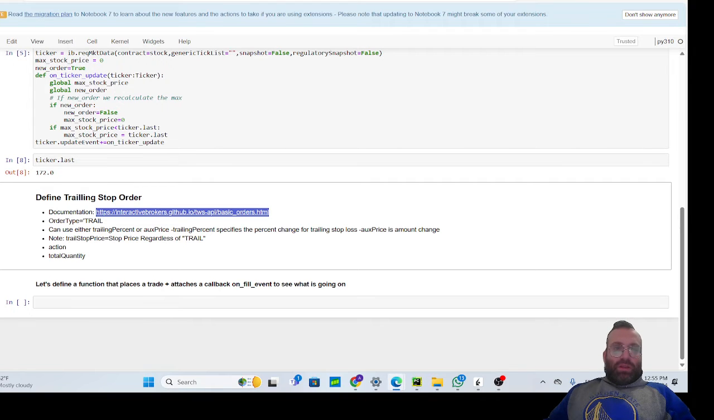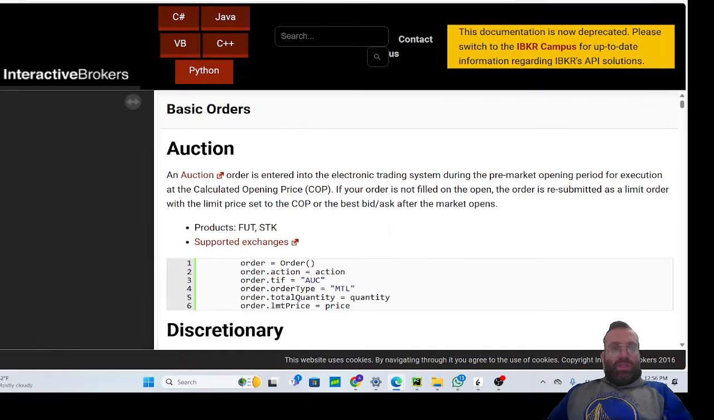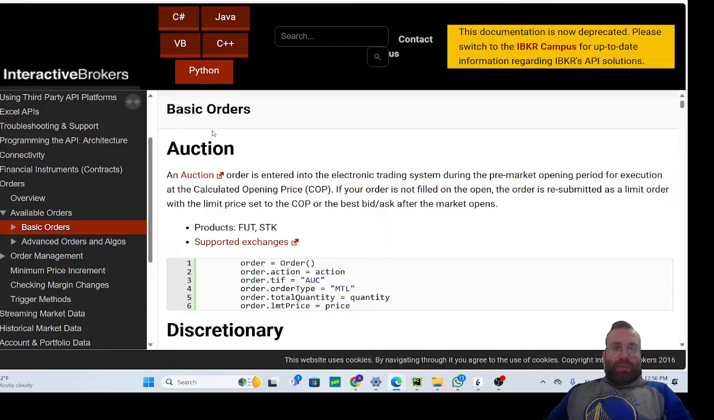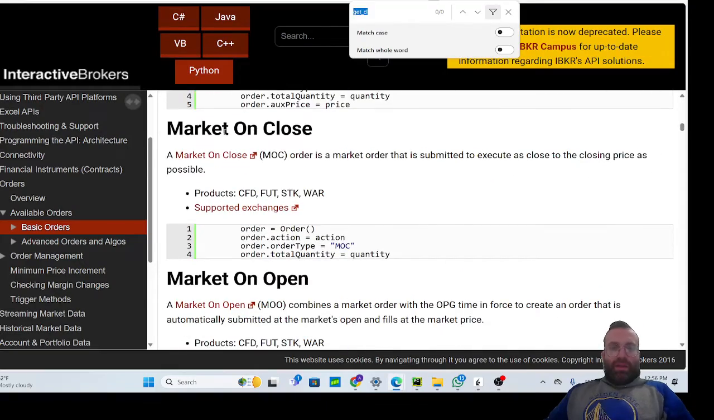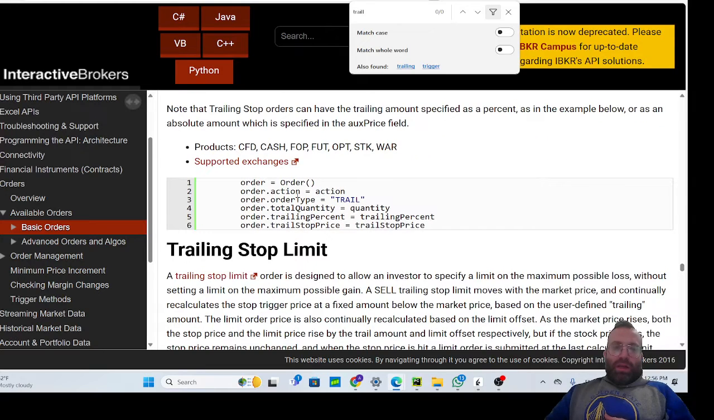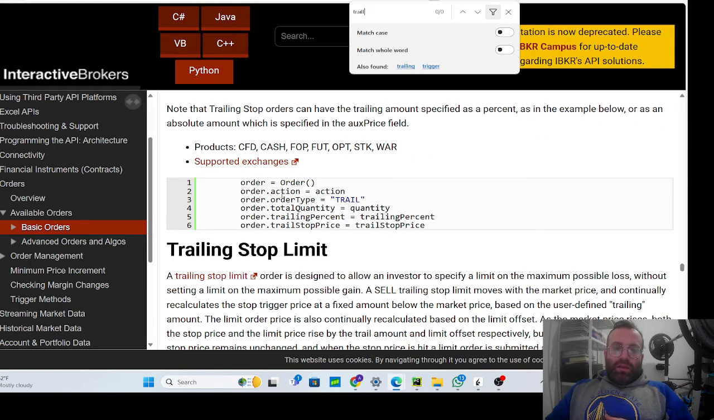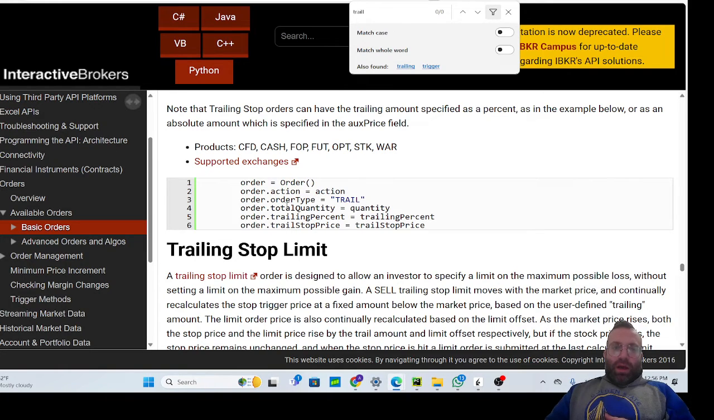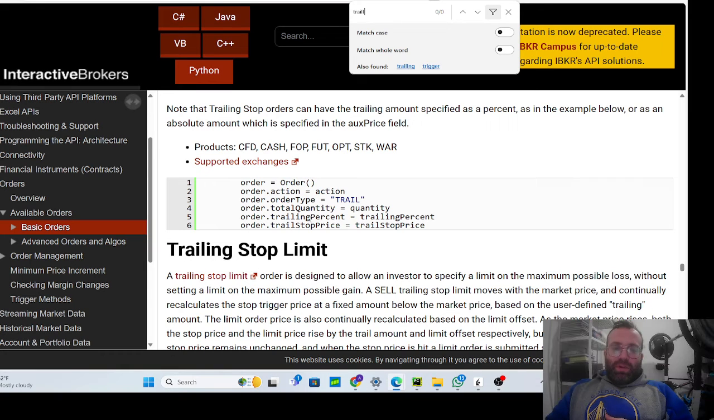So first, let's go to the documentation for TWS API. The IB-Insync documentation is very similar. It just gives you the basic things. So you see there's a trailing stop. You should read this to get more information. You have action, order type, trail. The key is order type here is trail. Action is like in all the other actions in other videos. Total quantity is quantity. Trailing percent is the trailing percent. And trailing stop price is